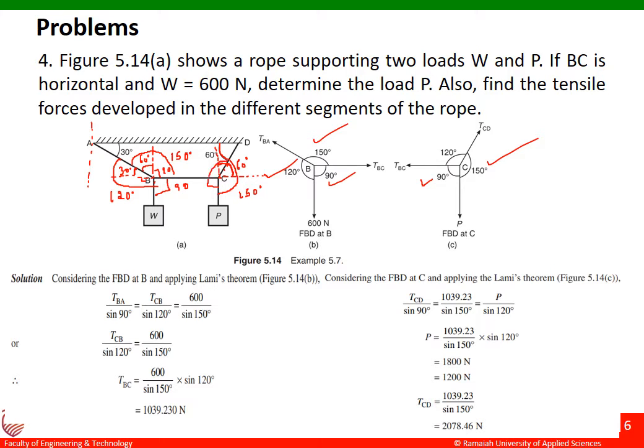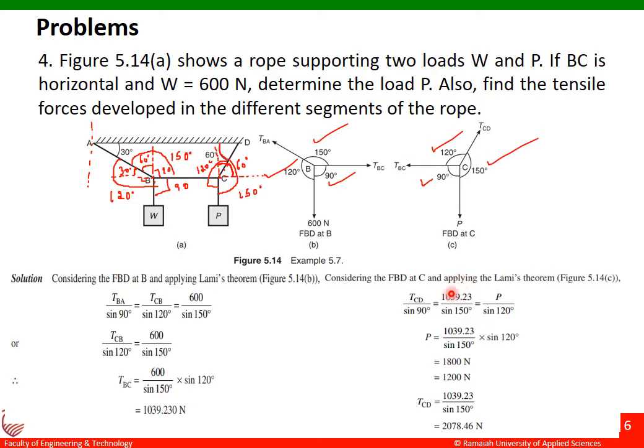This is what is shown here, and then we have to find out the angle made by this. If this is 60, I'll just draw a line here. If this is 60, this will be 30. So from here to here, that is 30 plus 90, it will be 120 degrees. So it is written over here. Now we found out the angles, and now we can find out the forces in the cables, that is TBC and then TCD. So we can apply Lami's theorem here.